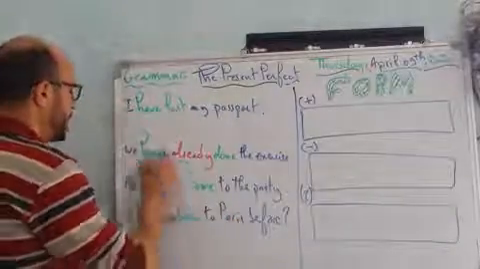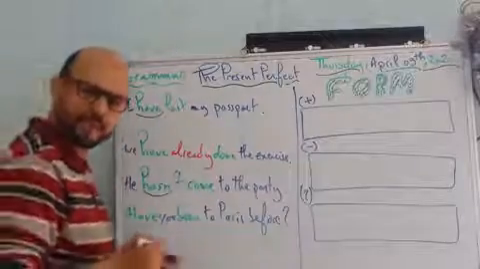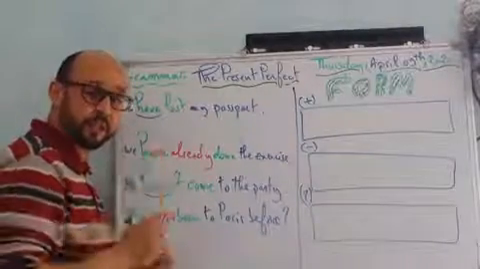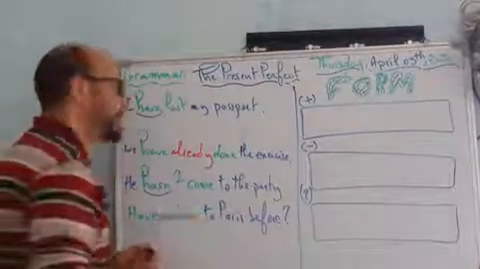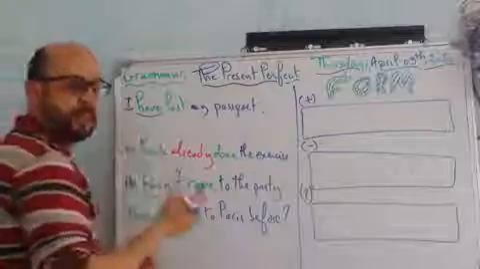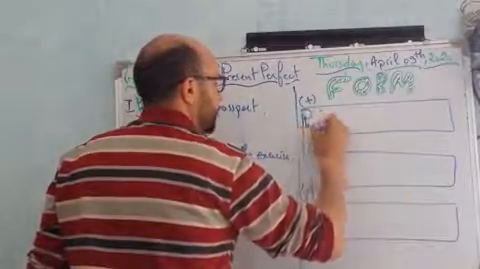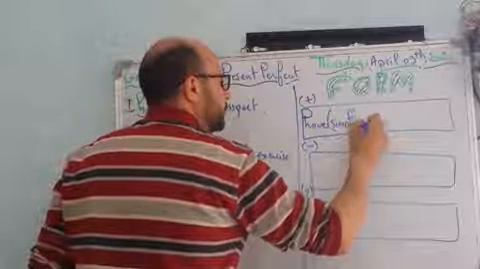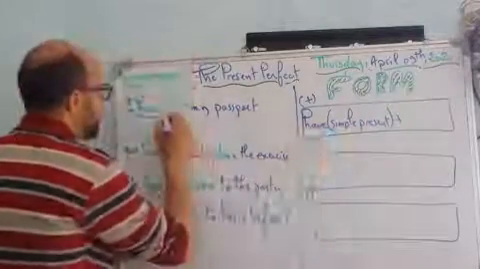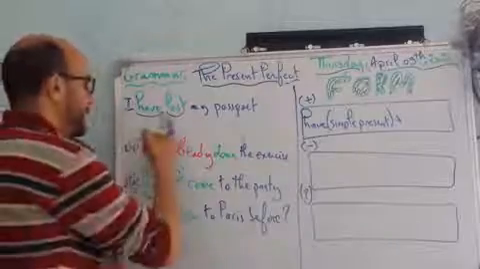Now, what do you notice here and here? I have, he has. What is this? Very good. This is the verb to have. In which tense? Excellent. It's in simple present. So the first element in the present perfect is the verb have in simple present plus this element, which is now not simple past, this is past